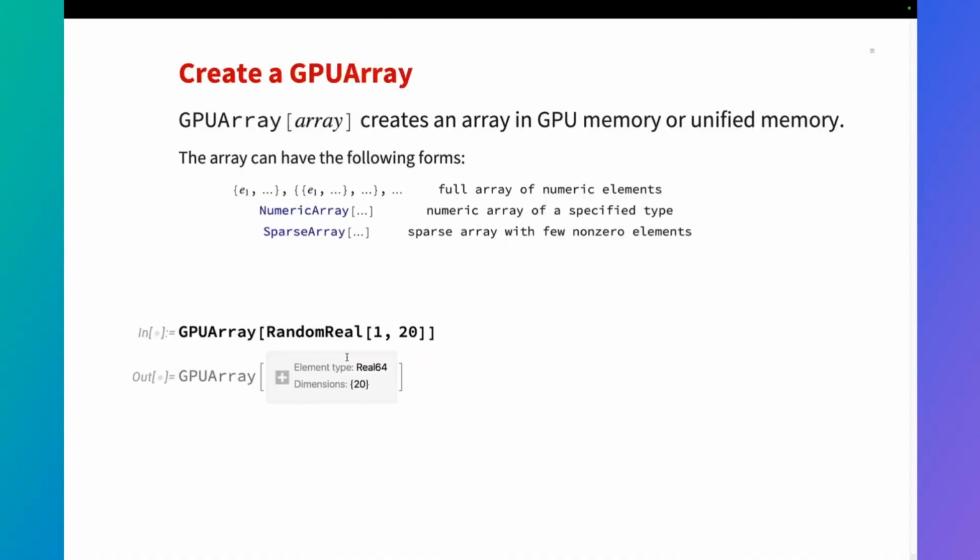Okay, so that was the list of what we hope to get with GPUArray, and let's see how we can actually do that, or at least what we present to you as a user. So one will have the symbol GPUArray, and essentially to create it, you create data on your CPU. In this case, I generate a set of 20 random reals, and I just wrap it